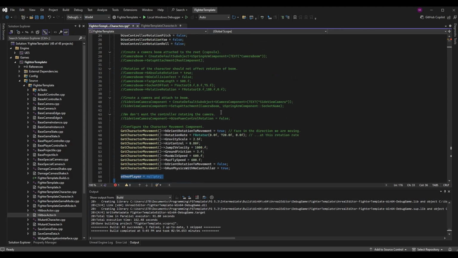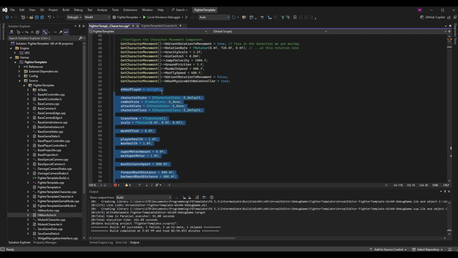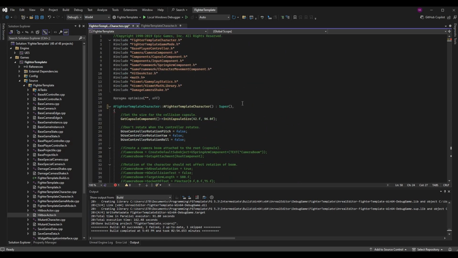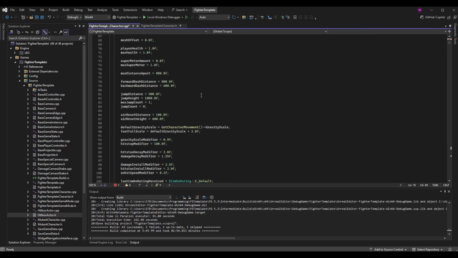But if we scroll back up here, we can start setting these. So the first one was other player equals null pointer. So I can do comma, other player, and we do parentheses, null pointer. This is how you set it. Then we can just go to the next one, comma,